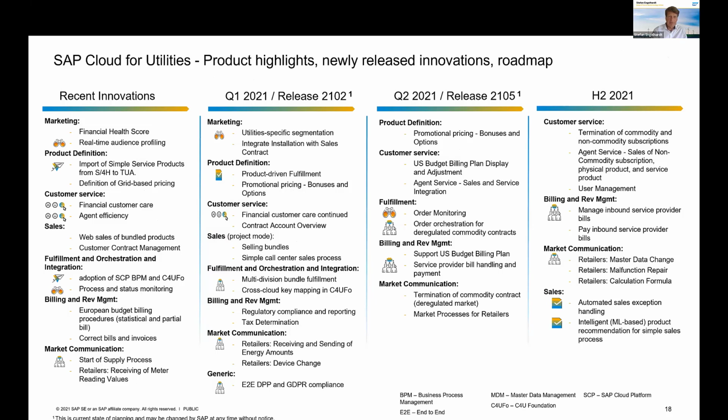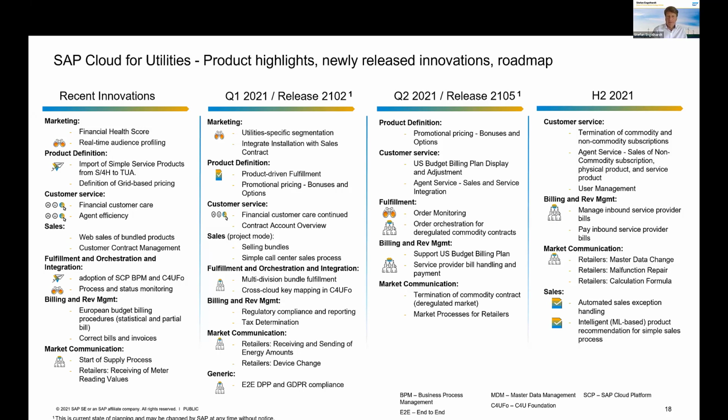You see there's a lot of stuff we already developed. You see here, for instance, the CloudVerities Foundation and the first services and processes we're supporting with that. You see the steps we're making in the market communication in order to support the different market roles, and as well the dedicated developments we're doing in the billing and revenue management side, which gets more and more important when we talk about the next step in moving to a native cloud environment.